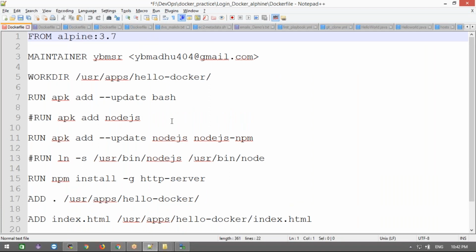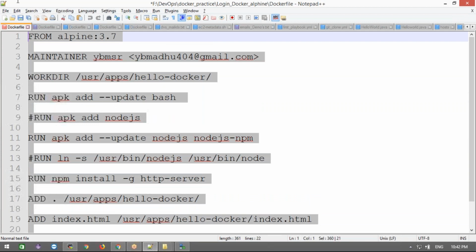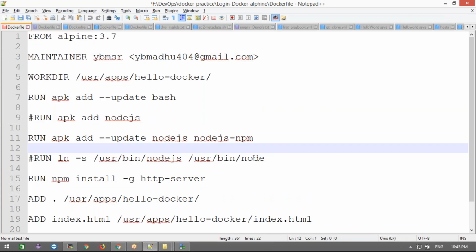And what we did earlier, we had taken the software installation already, right? Even I can take the Node.js application directly here. Now I don't want that. I want to install manually. How can we write instructions like this? We need to write the instructions. These are all the instructions we need to write in a Docker file, and this is how we build our custom Docker file. I will teach you this tomorrow.